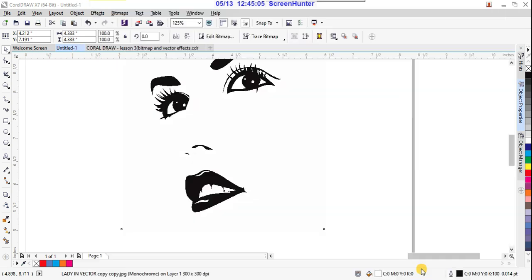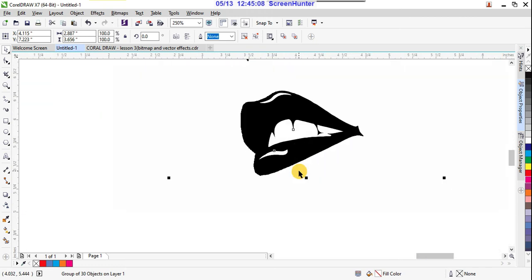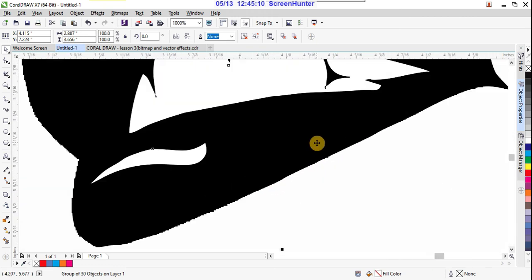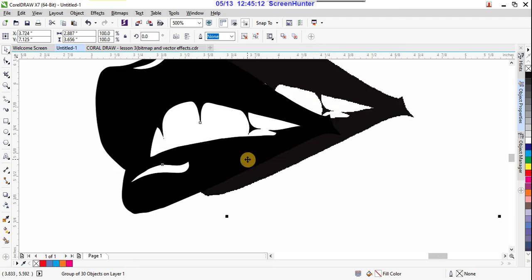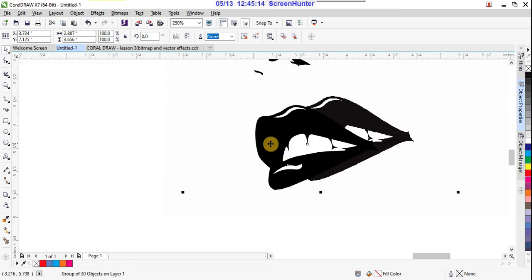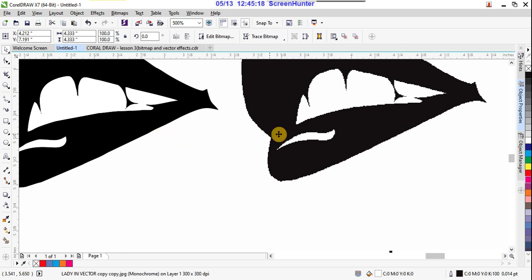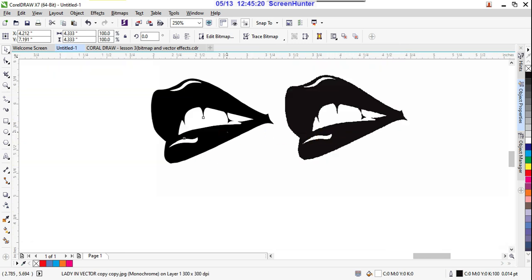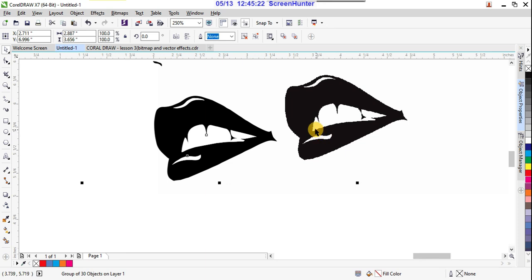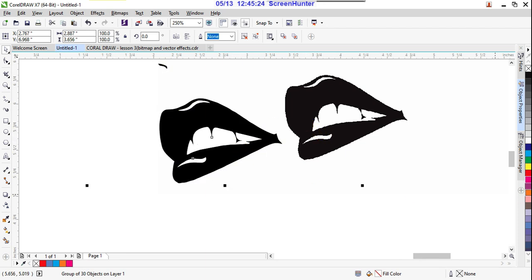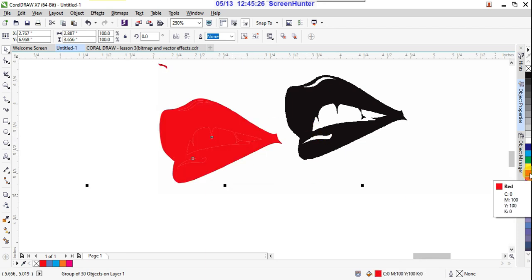Now see this, because your bitmap is there under this. Your bitmap is here, and above that is your vector, right? And now you can fill colors.